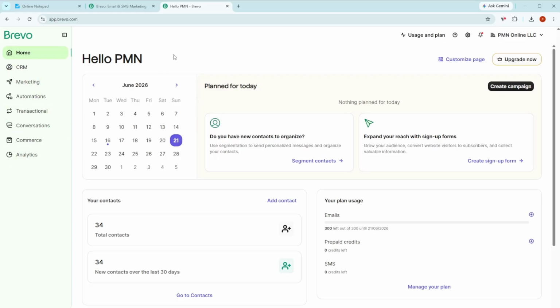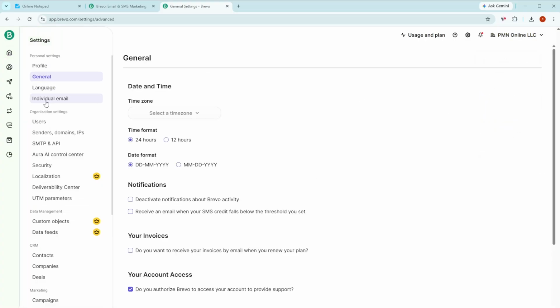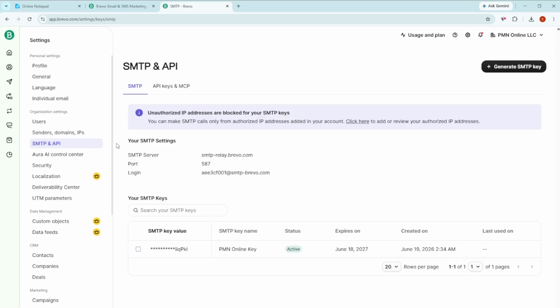Now that you're on your account dashboard, direct your attention to the top right corner of the screen. Here, you'll find your profile icon or the account name. Click it to reveal a drop-down menu. From this menu, select the option labeled SMTP and API. This section is essential, as it centralizes all the sending settings and developer access tools you need to connect Brevo